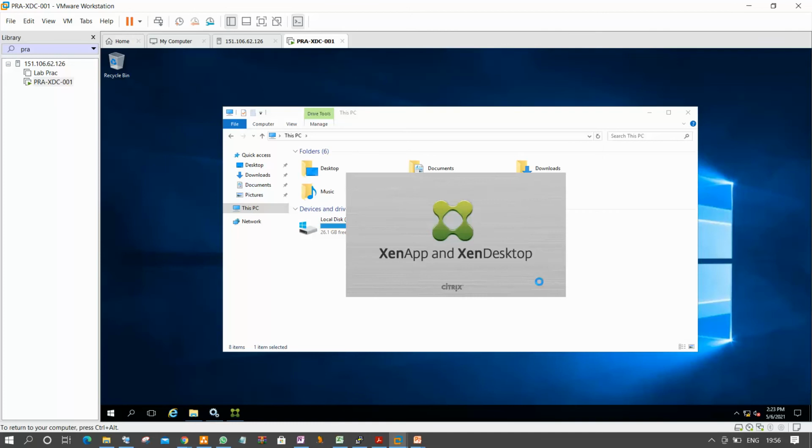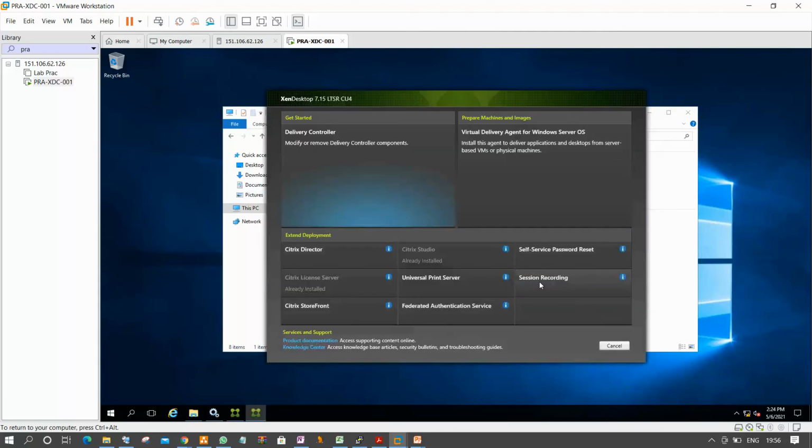Once your installation is completed, most of the configuration will be done. By this Saturday and Sunday, most of the installation of all the Citrix XenApp and desktop components will be completed. From next week onwards, we are only going for theoretical topics, and we set up the scenario: delivering applications, delivering desktops, policies, configuration. This type of environment we are doing.